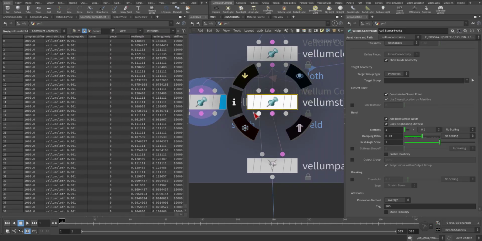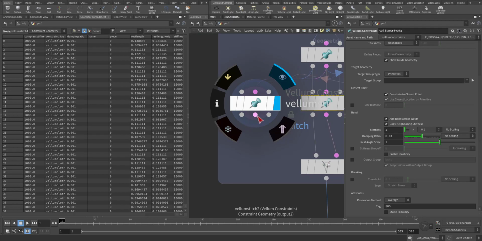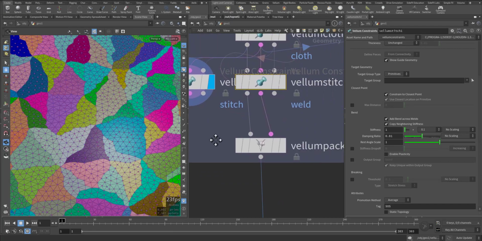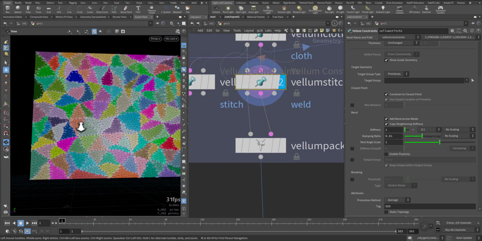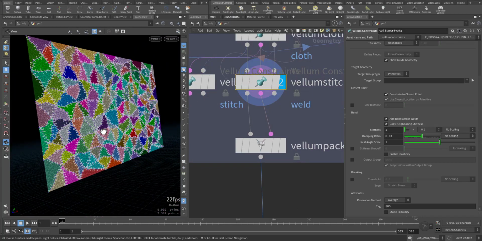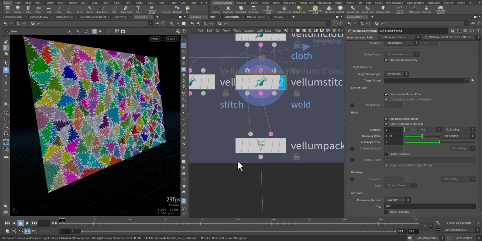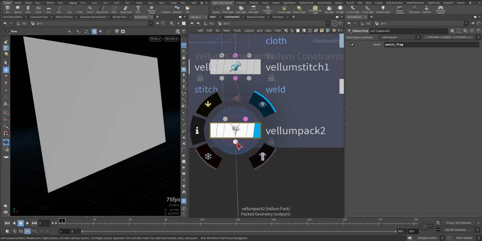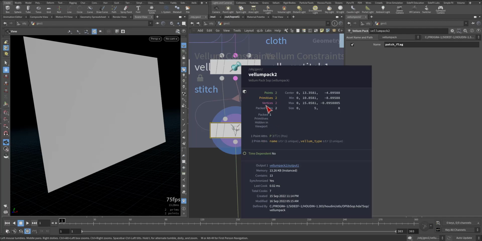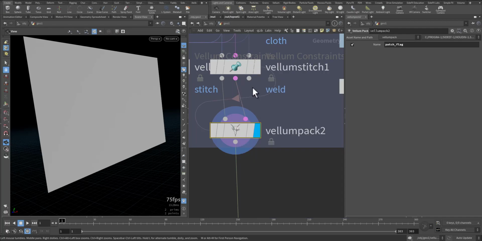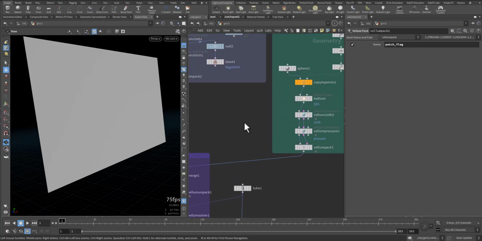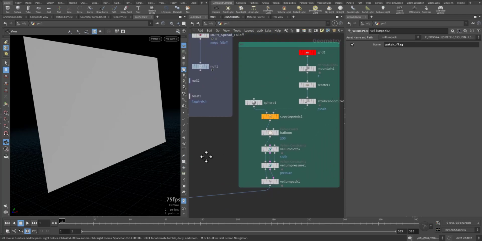This is weld, live on geometry. This is stitch, live on the constraint, back. So we have our sewing or welding. We added the Vellum back. That will compress all of the geometry constraint, and if we have collision, into one node, which is easy and more organized if we have multiple objects. On the other side,